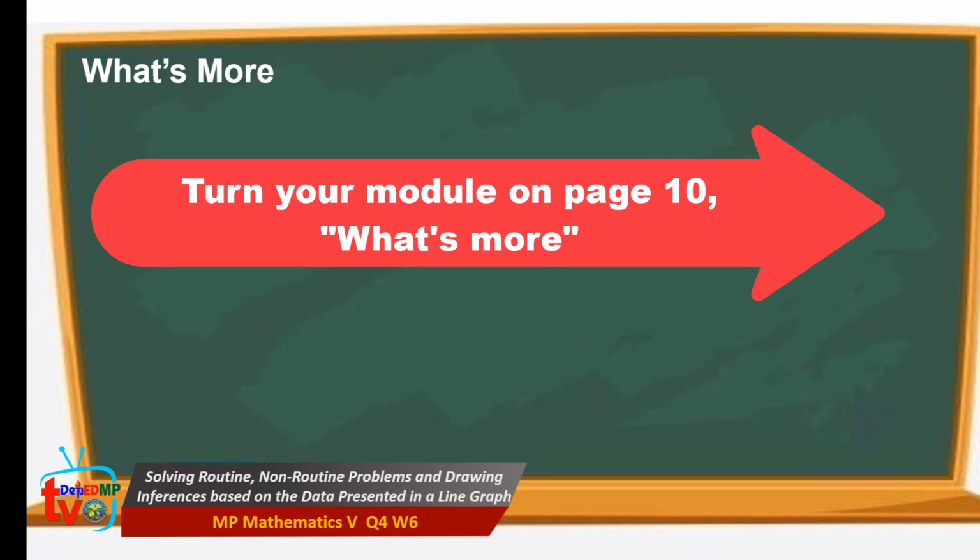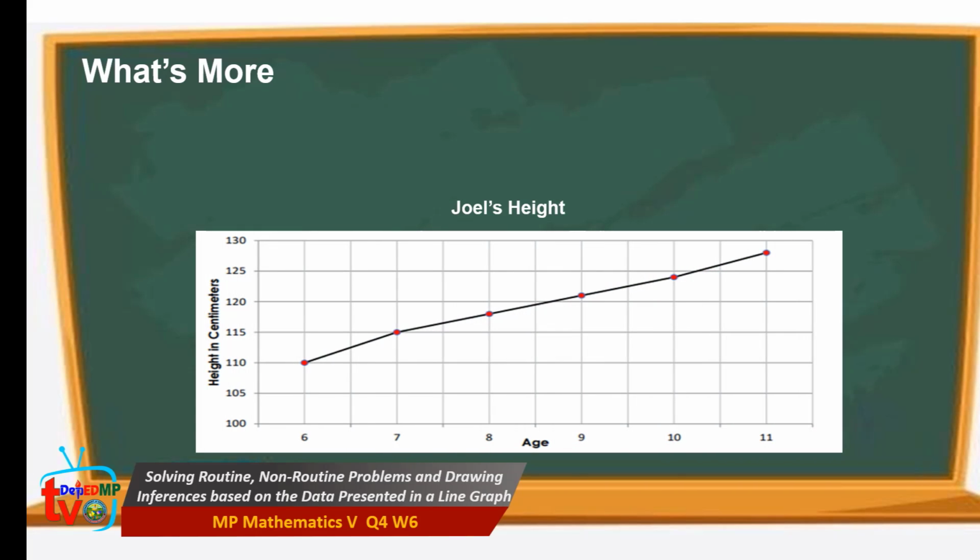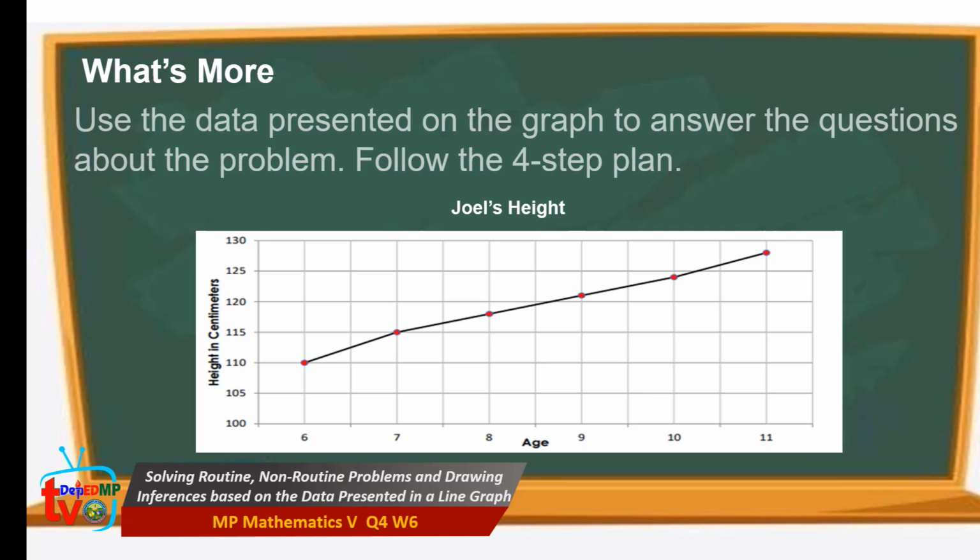For further understanding of the lesson, you do the following activities. Listen and follow the procedures. Use the data presented on the line graph to answer the questions about the problem. Follow the 4-step plan. The title of the graph is Joel's height. Joel's height at the age of 6